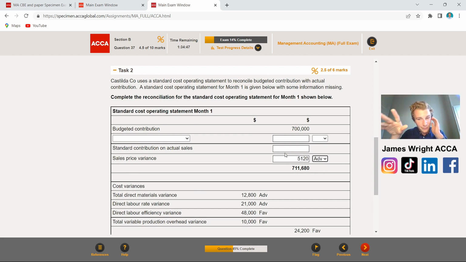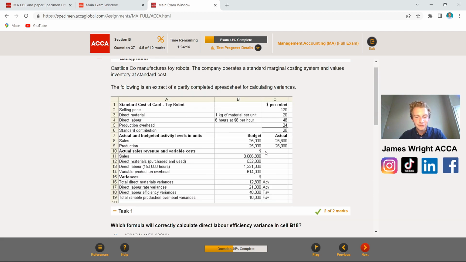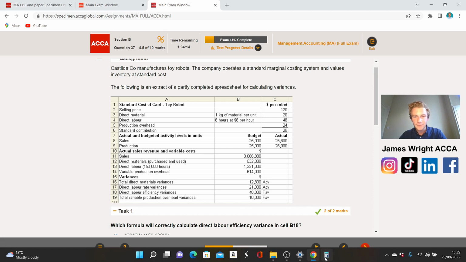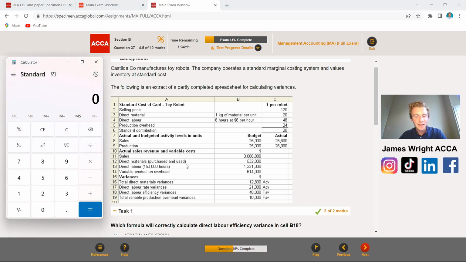That is where it's going to help you out to give you the easiest way of working this out on here. And then the next thing, again, if you watch the other video, I was trying to word this a lot more clearly, but the best bit of advice is just stick to what they've given you first of all, and then the other figures will flow in that you can work back. So what we're given on here is the standard contribution on actual sales. So just do it as it says it on there. So standard contribution on actual sales. So we know the actual sales. Again, come back to it. Actual sales,